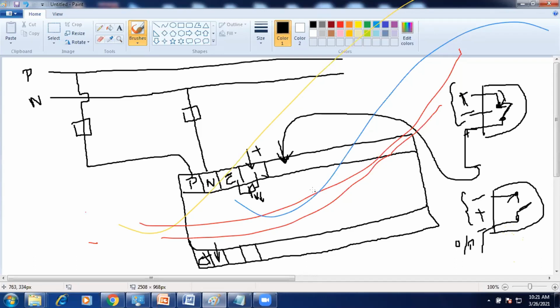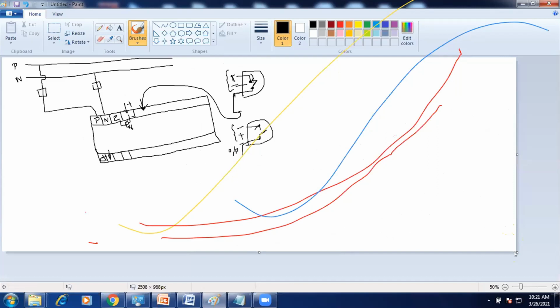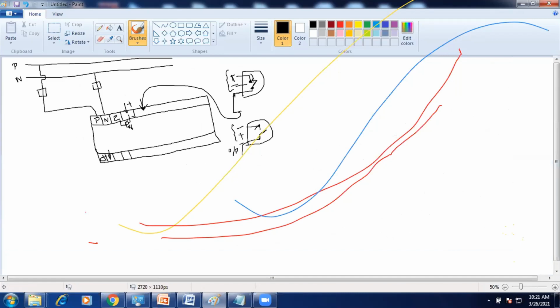Like that we will discuss. For this purpose, here I am using the relay concept. Using that relay, we are able to do this condition. So how can we do this using that relay?